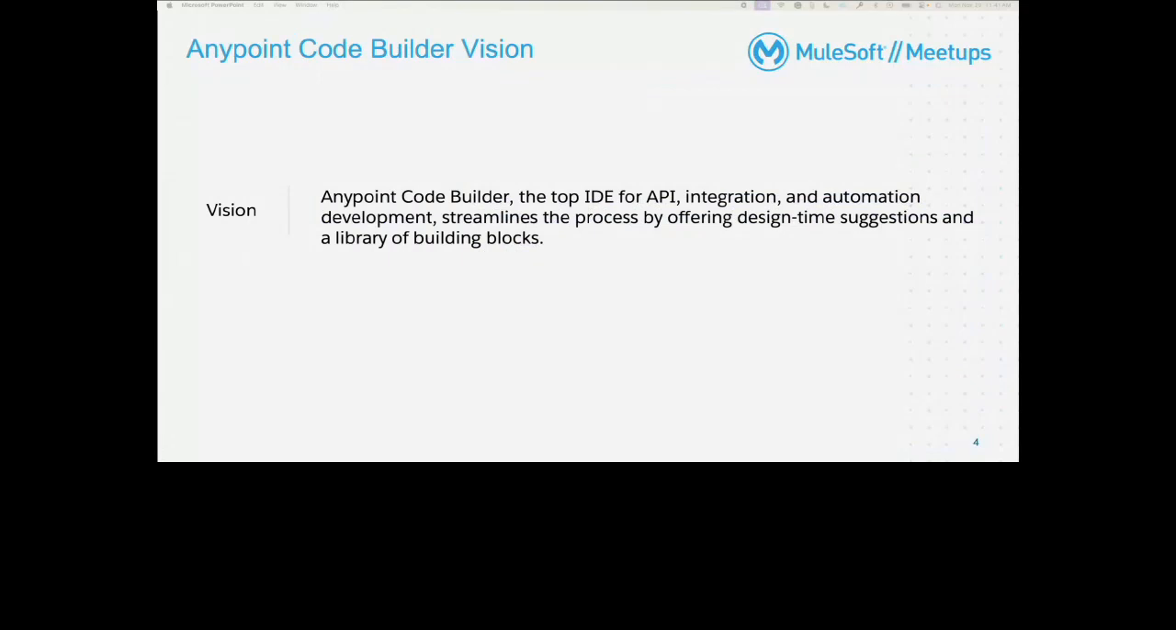So what is the vision of Anypoint Code Builder? Anypoint Code Builder is a powerful tool that developers use to create and manage APIs, integrations, and automations. It's like a special workspace where they can design, build, and develop these things easily. It helps developers work faster by suggesting the best ways to design their products, and it also provides ready-made components for common tasks, making development quicker and more efficient. With Anypoint Code Builder, developers can save time and effort, focusing on building great applications without getting stuck in